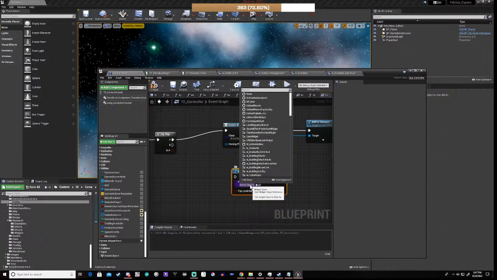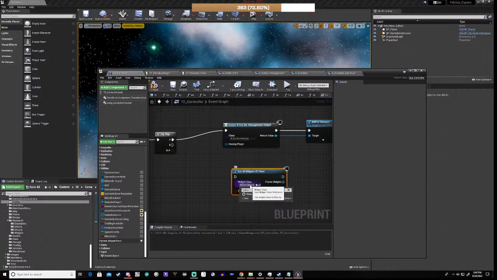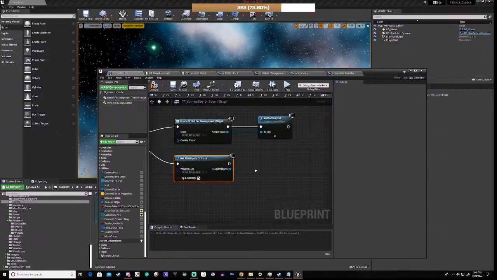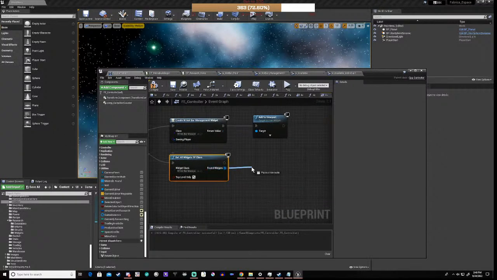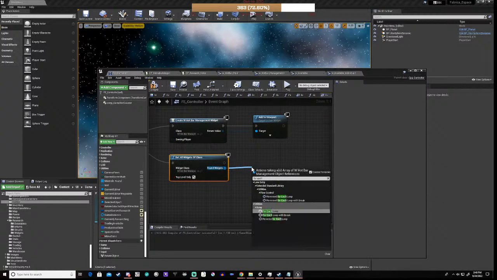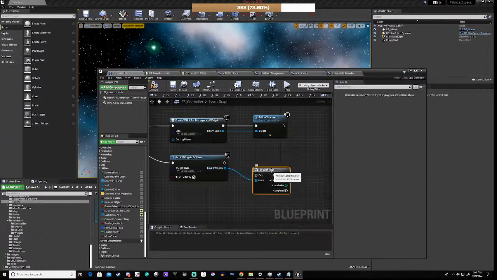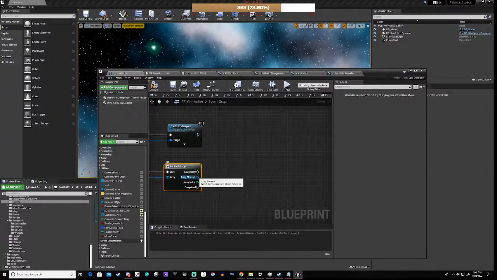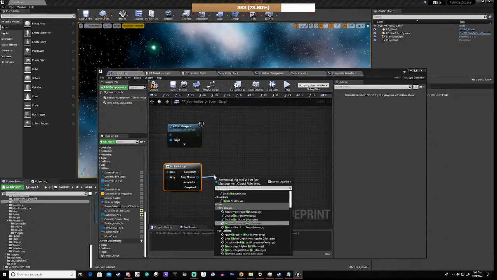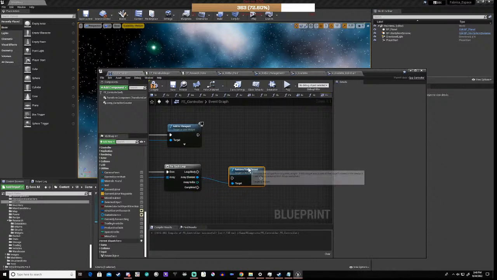Then we're going to say hotbar management. Okay. And this is just to get rid of them again. Then basically we say for each, as a quick test and way of doing it, and we basically say remove from parent. Okay,